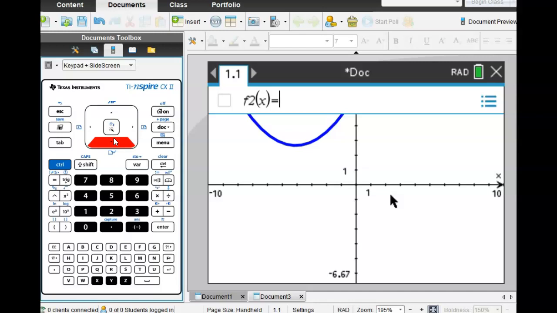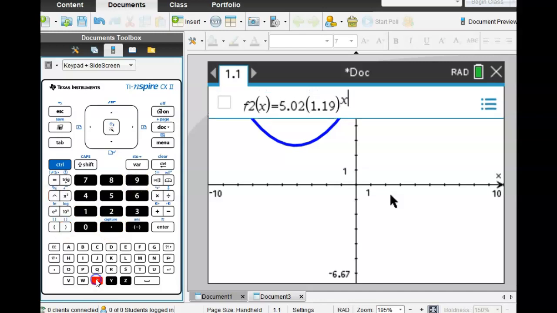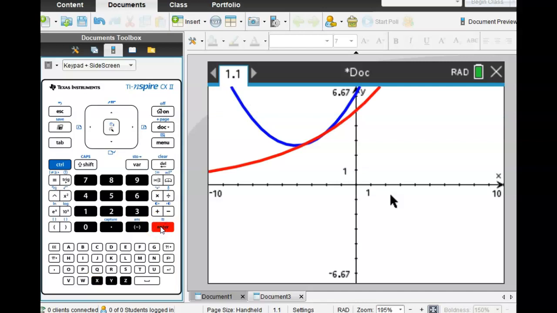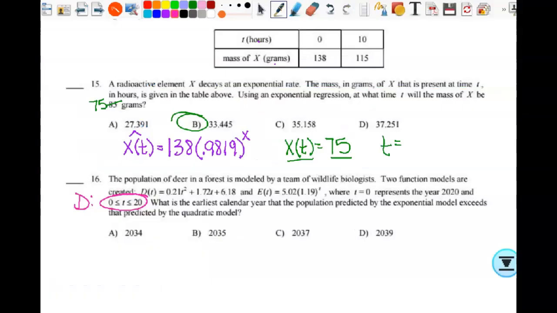And then the other one is 5.02 times 1.19 to the x power. Okay, and then I can hit enter. Okay, I can see them both. Not very well, but I can see them. So let's go back over here. So it said t equals 0,